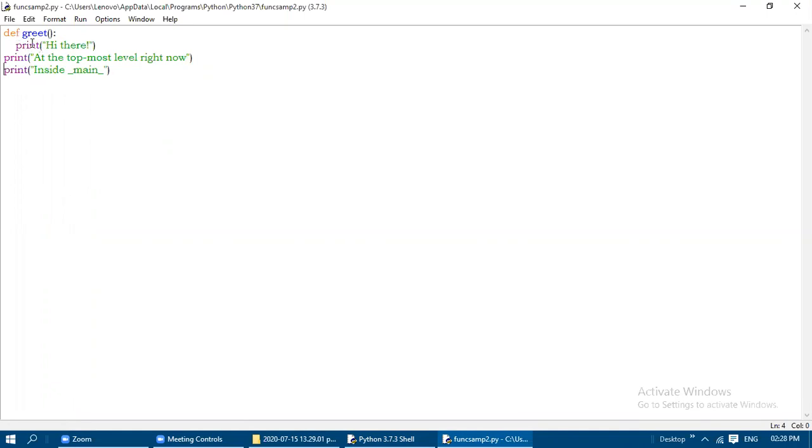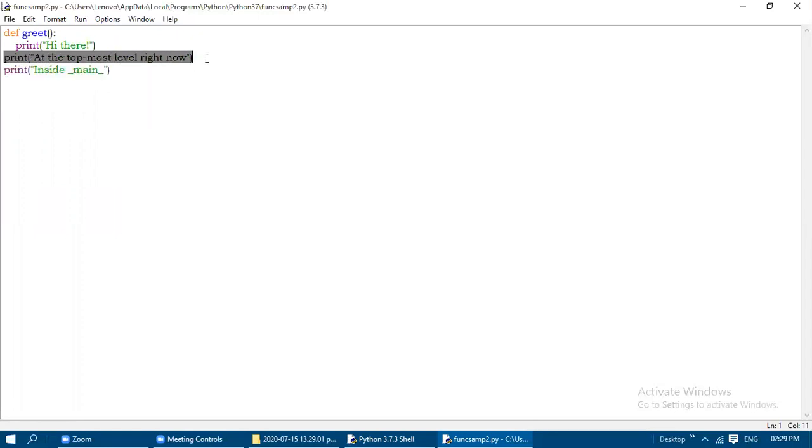If you execute this, only these two statements will get executed first. That is, the one at the topmost level will be executed first, because these two are at the same level as this def. If you look at this indentation, that's why indentation is very important in Python programming. Four white spaces are given for this print statement, hi there. This statement belongs to this greet function, and these two belong to the main statements. Whenever you are executing any function or any subprogram, like this is called a subprogram or function, first the main statement only will get executed.